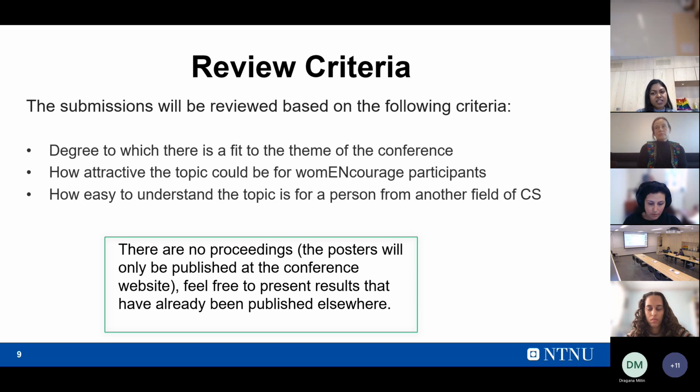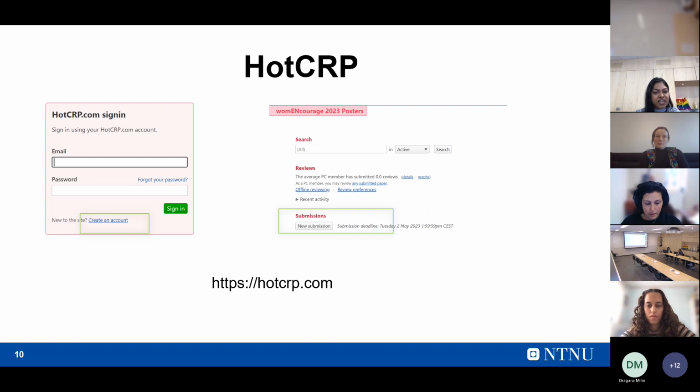And the third criterion is how easily understandable it is to a wider audience. These are the three main criteria to keep in mind while writing your abstracts. Basically, emphasizing these three criteria is likely to result in a winning submission. And a description of these criteria is also available on the web page for your reference. So keeping this in mind, we'll just jump into the next stage.